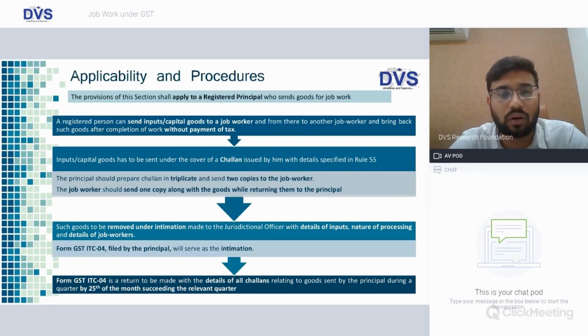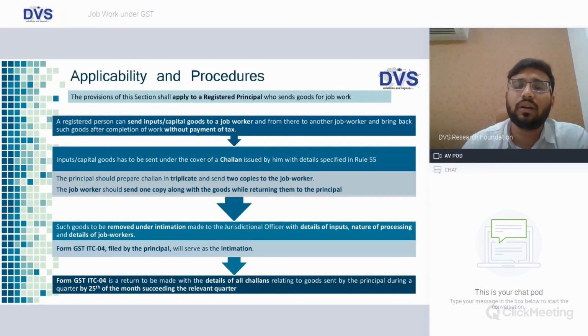Either it can be capital goods or inputs to a job worker, and from there to another job worker, and bring back such goods after completion of work. So, prima facie, whatever goods are being sent on job work basis, if from one person's premises it is transferred to another job worker, and after that brought back to the factory or premises of the principal, or if it's a single job worker, directly brought back to the factory premises of the principal, the entire flow of goods would be